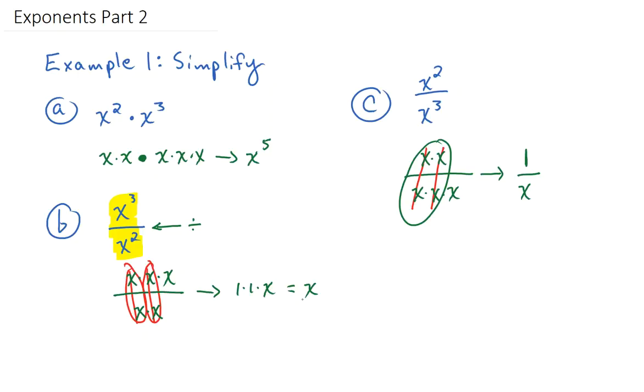You could make an argument in part B that this x is over 1, but x divided by 1 is just x. However, 1 divided by x is still 1 divided by x. So that's why we're left with the 1 on top in part C. So the general rule for B and C is when you're dividing like this, they're going to cancel each other off 1 for 1, and then wherever the bigger exponent is, that's where the winners get a say, or where